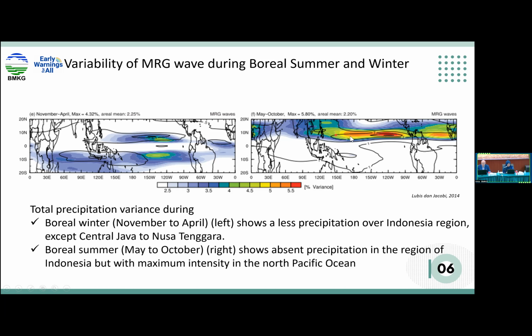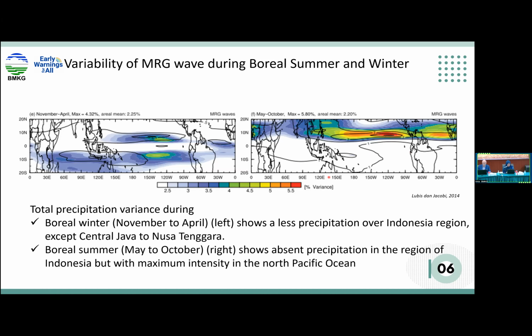During the boreal summer, we see that the wave goes more northward. The significant variance of the mixed Rossby-Gravity wave is in the central Pacific, but in the northern hemisphere. The total precipitation variance during boreal winter, November to April, in the left panel shows less precipitation over the Indonesia region except central Java and Nusa Tenggara. And boreal summer in the right panel shows absent precipitation in Indonesia, but with minimum intensity in